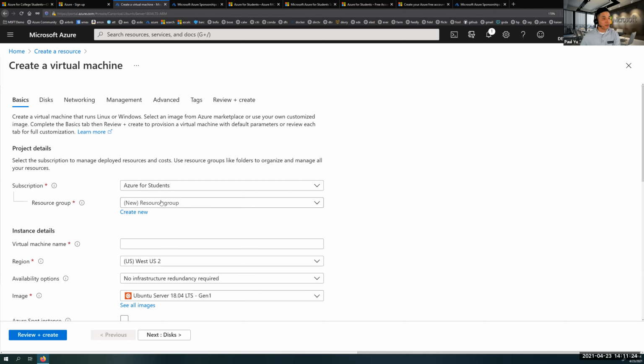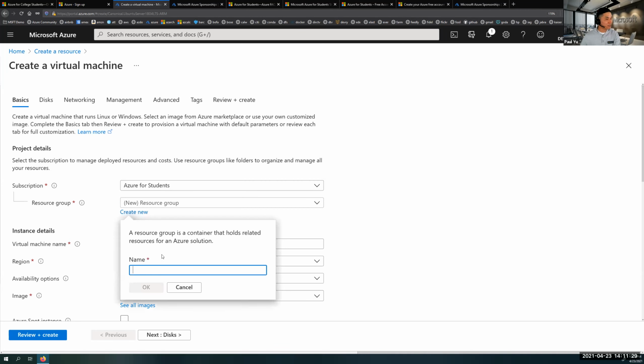I don't like what I'm seeing here. I want to create a new one. So I'll create a new one, and I will call it RG free compute. That's just what I'll call it. The name is totally arbitrary. You can name it whatever you want. You can name it unicorns or whatever you feel